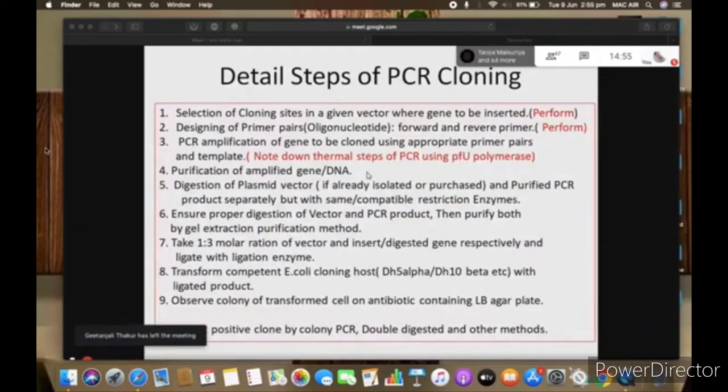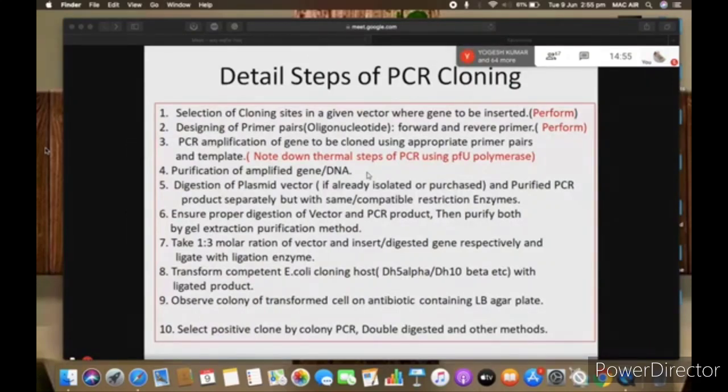And if you are getting a non-specific band also, then you should not proceed directly to purification. Then you run all the remaining 45 microliter on gel, cut the corresponding band from the gel, and elute that PCR product.